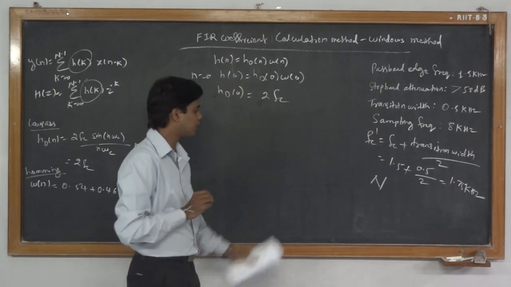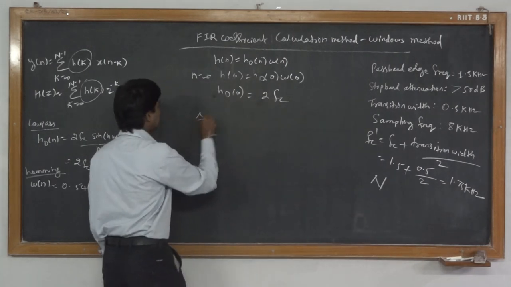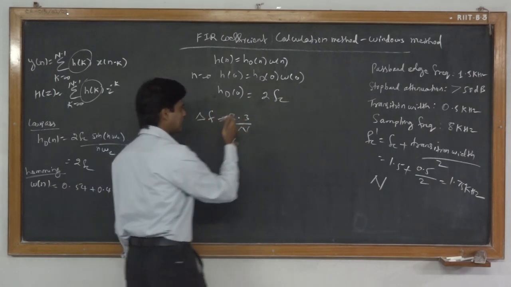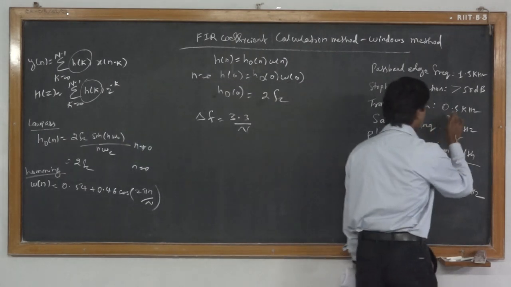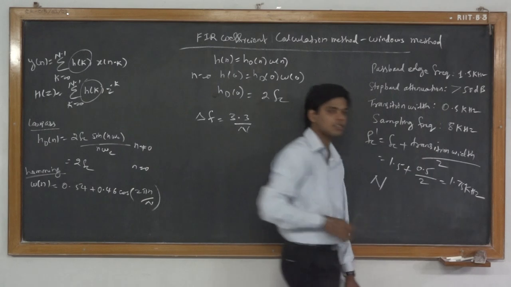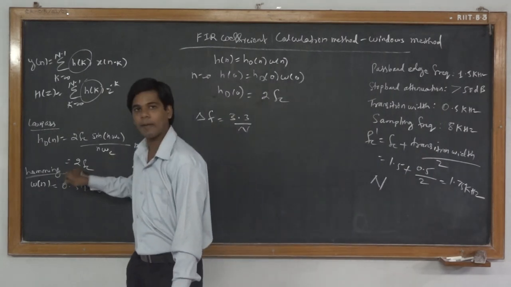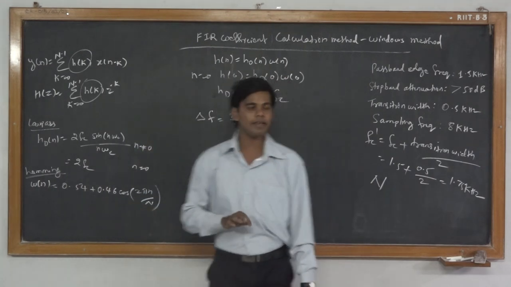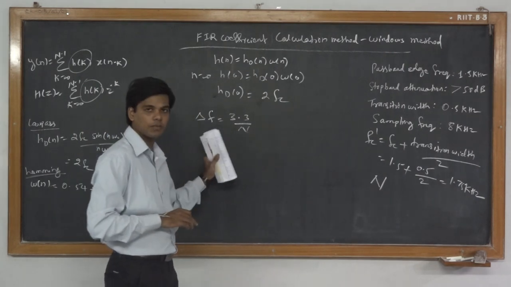The filter length N is given by a formula: the normalized transition width, delta F, equals 3.3 divided by N. Why did I select 3.3 divided by N? Since the transition width has been given as 0.5 and the stop band attenuation is greater than 50 dB, we are making use of the Hamming window, and for the Hamming window, w of n becomes this particular formula. In that case, to find N, we use this normalized transition width formula.